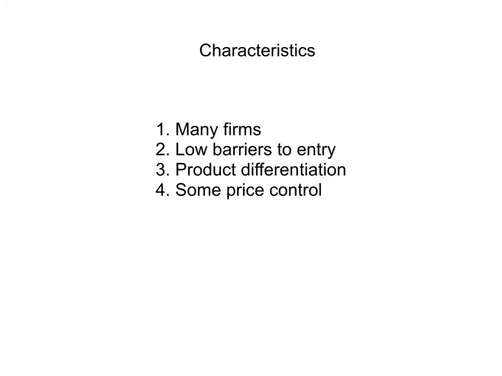In this video I'll be talking about monopolistic competition. Monopolistic competition has four characteristics. First, there are many firms, and second, there are low barriers to entry. So in these two ways, monopolistic competition is a lot like perfect competition, but the thing that really differentiates it